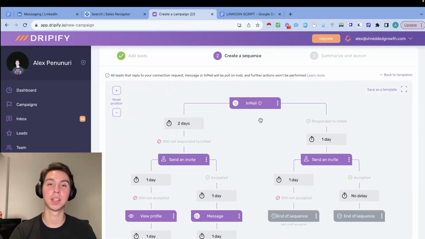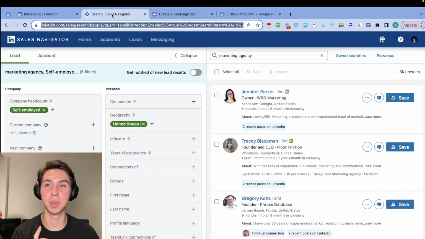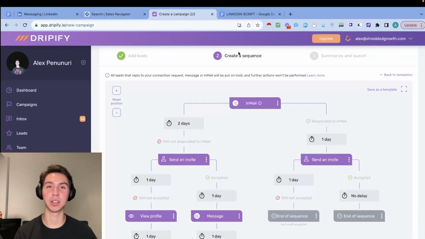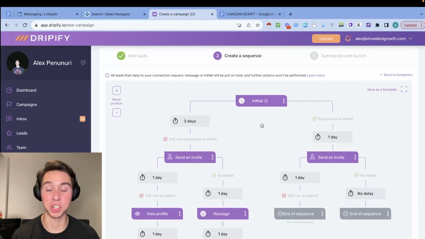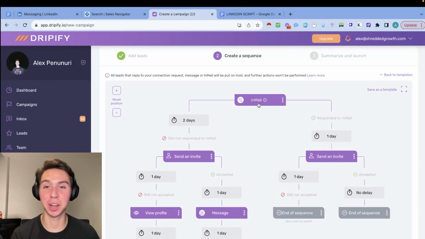Like I said at the beginning, InMails are really, really special on LinkedIn. You can send InMails to basically anyone. And there are limits in terms of how many InMails you can send, but my way of doing unlimited InMails is to just send out to people that have open profiles, okay? Because if you're only sending out to people with open profiles, you have unlimited InMails. I'm pretty sure you need to have LinkedIn Premium, so as long as you have LinkedIn Sales Nav, you will be able to do this. So this is a way of doing unlimited InMails, which no one is talking about, honestly. But yeah, unlimited InMails to open profiles is what we are going to be doing.